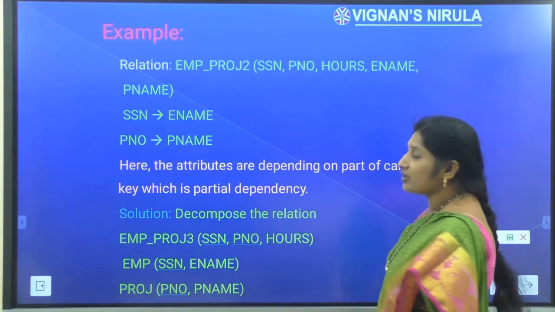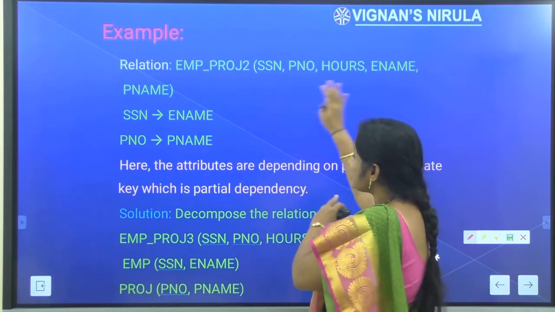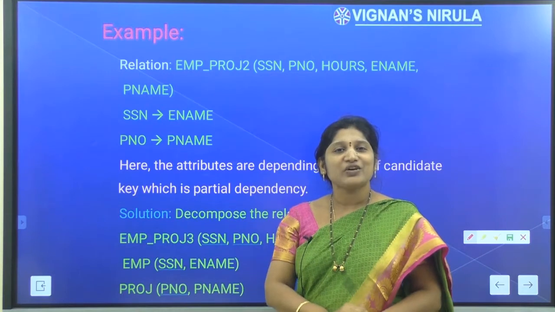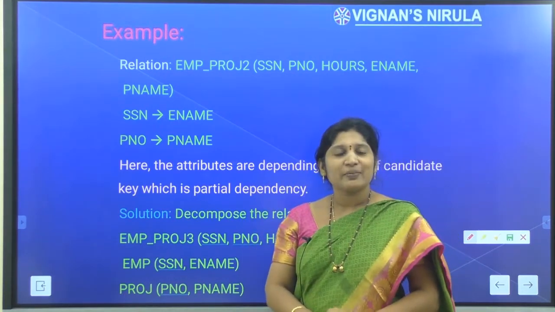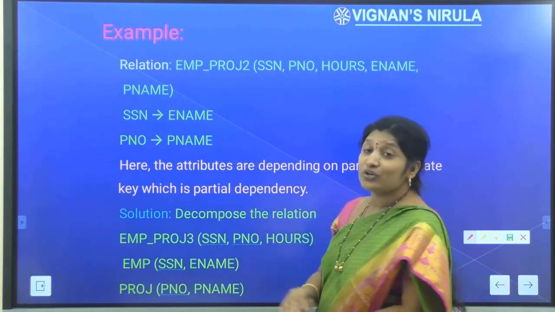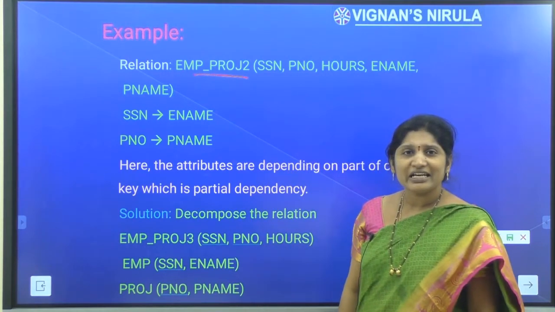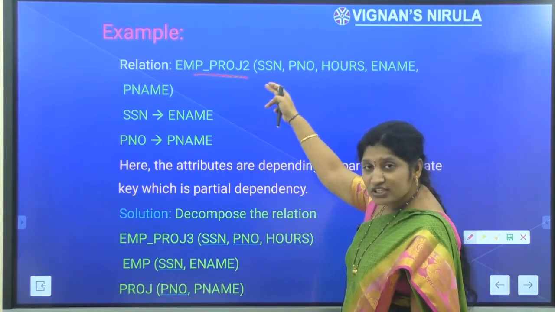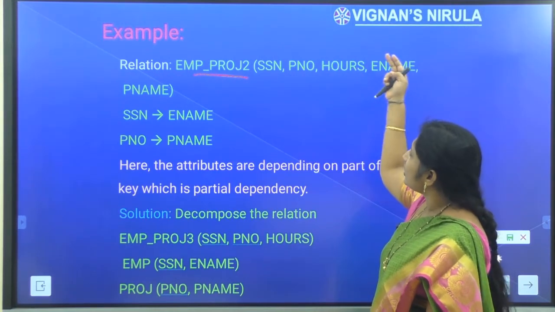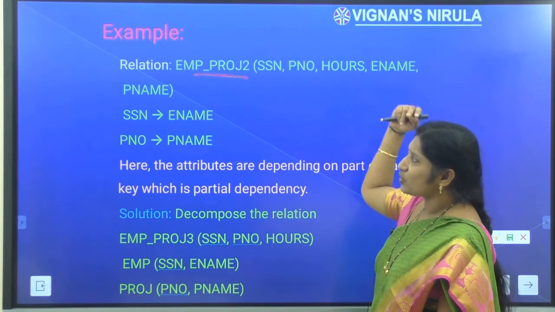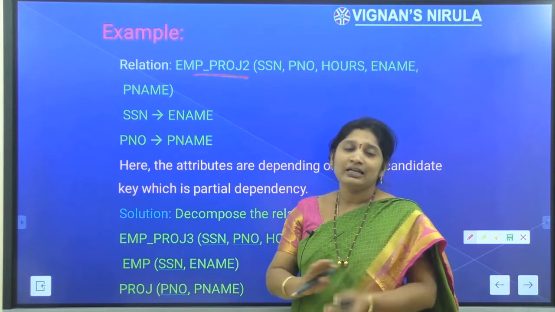Before you do the normalization, you should make sure you have clarity regarding what data items are stored in your table. Only if you have in-depth knowledge about the data items present in your relation are you going to be able to solve the normal forms. So in this employee project table, what data items do I have? The employee social security number, his or her name, the project he is working on, the number of hours on that project, and the particular project name. The total data is related to employees and projects.